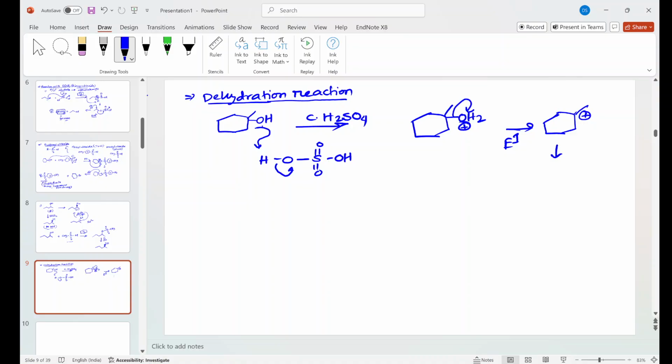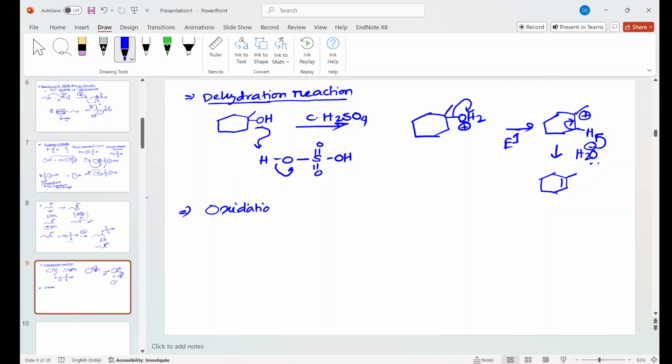And then the next step will be: you will have one proton here, and H2O, in the medium there is always H2O, will abstract the proton and we will form the stable alkene. Okay, so with that, let us move towards the